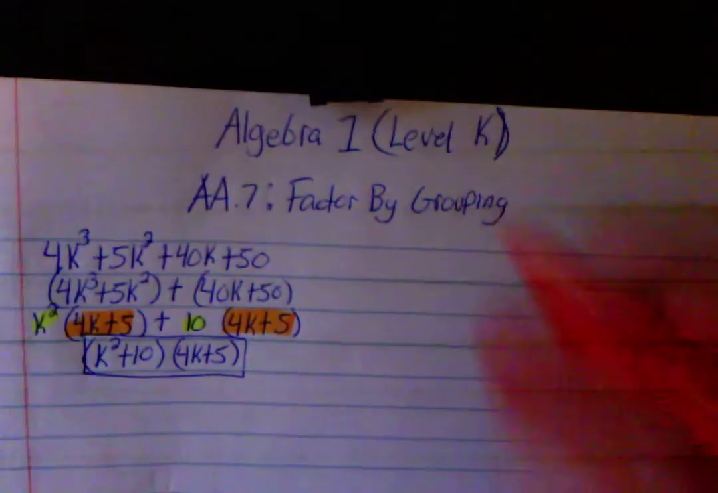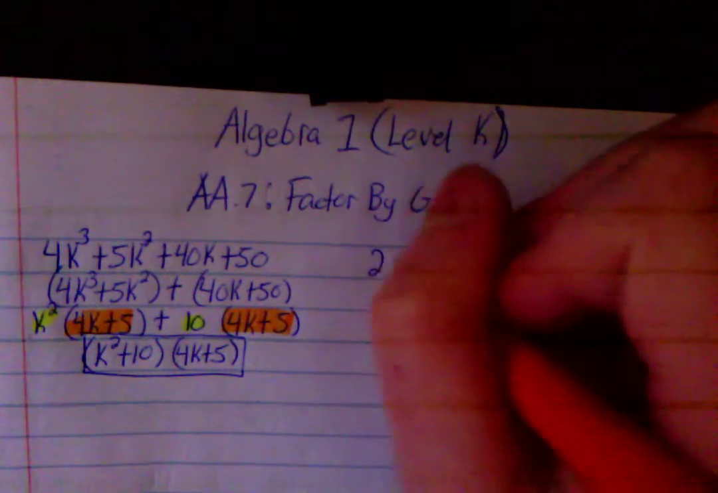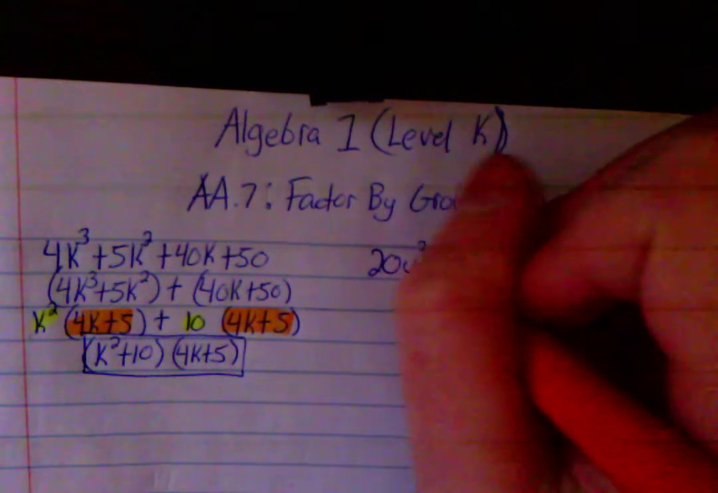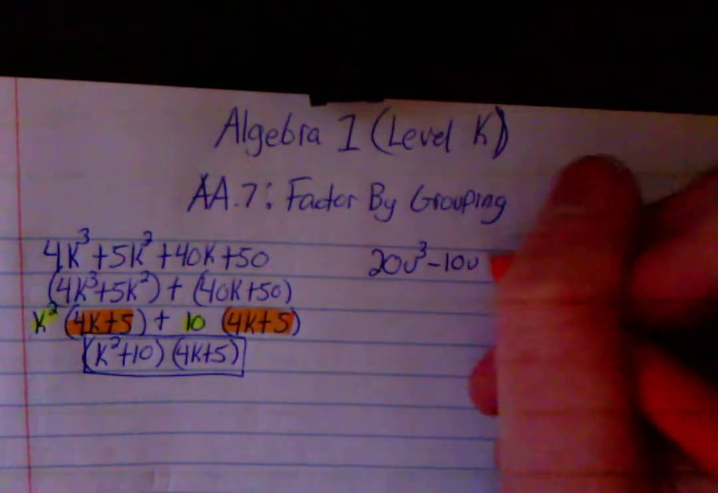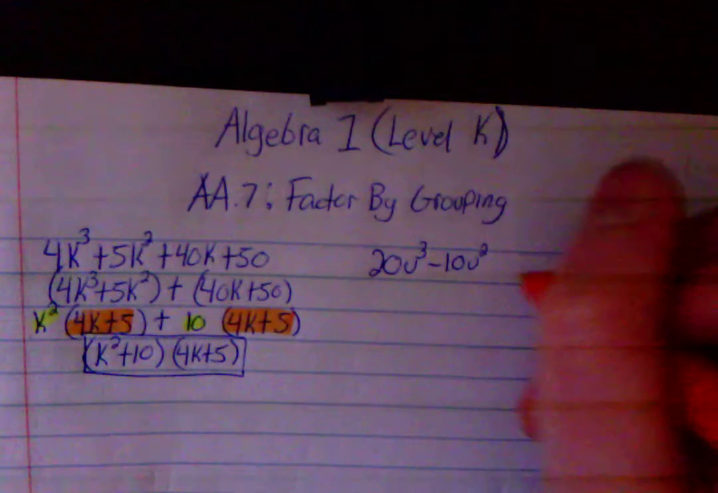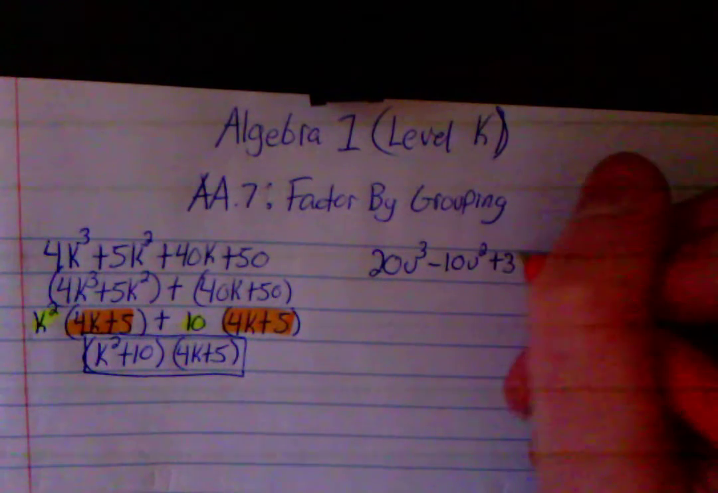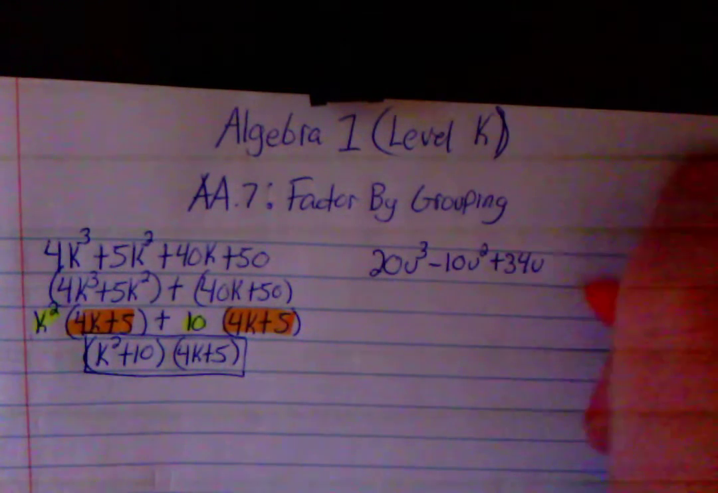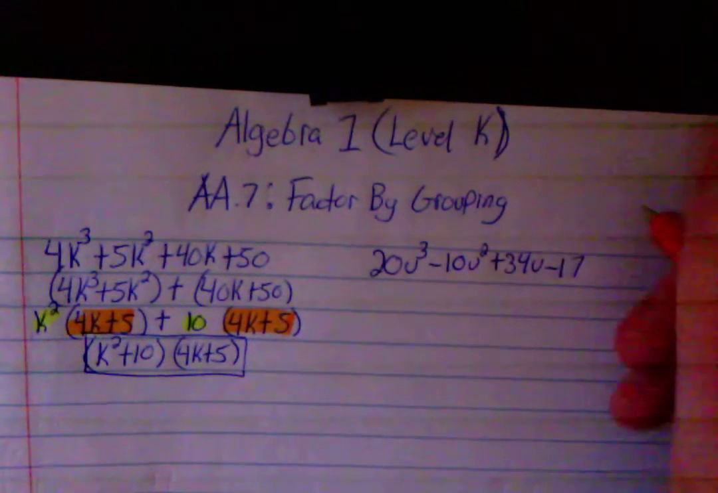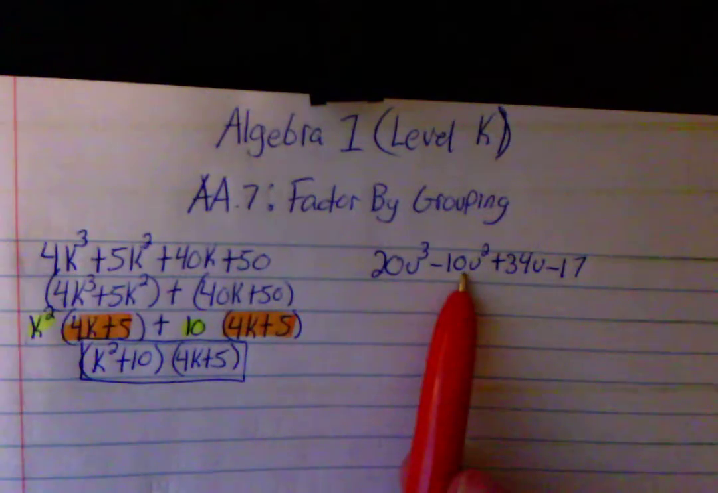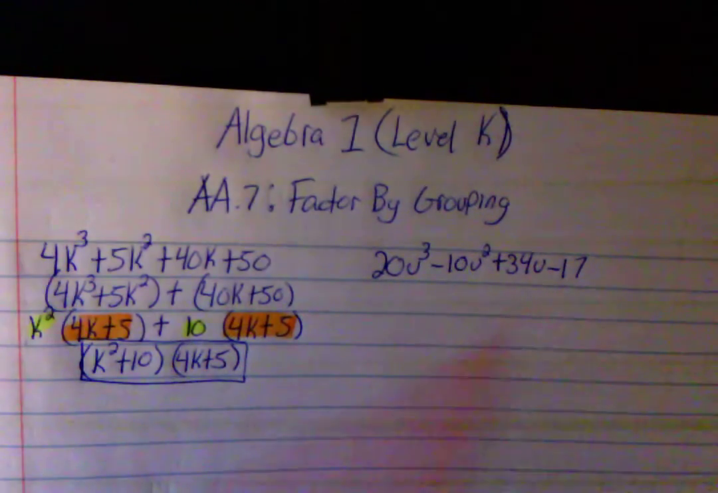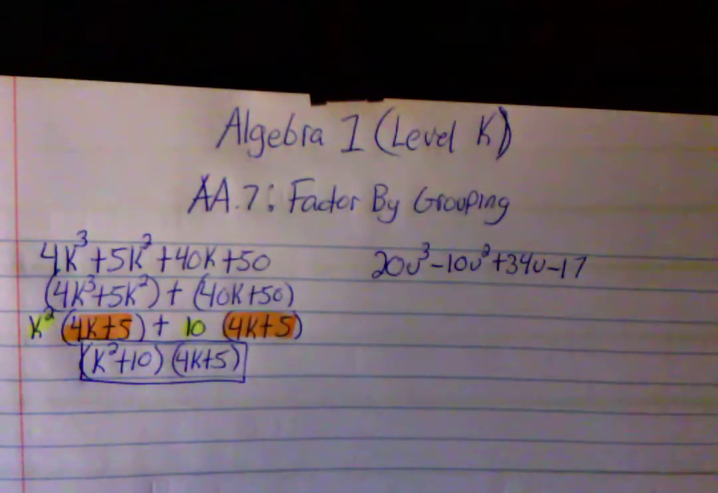Another one you will see is 20u cubed minus 10u squared plus 34u minus 17. Right away, I noticed that 20 and 10 have a common factor, 34 and 17 also have a common factor. So I am going to pair together